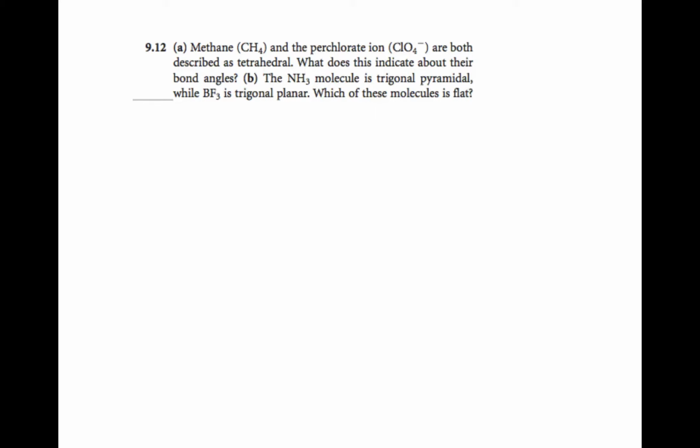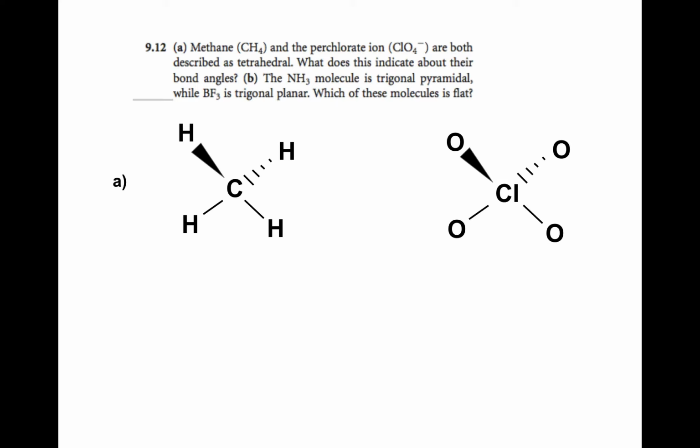12. Methane and perchlorate ion are both described as tetrahedral. What does this indicate about their bond angles? Well, tetrahedral means you've got a 109.5 degree bond angle, right? So 4 bonded pairs, no lone pairs, tetrahedral arrangement. Ammonia